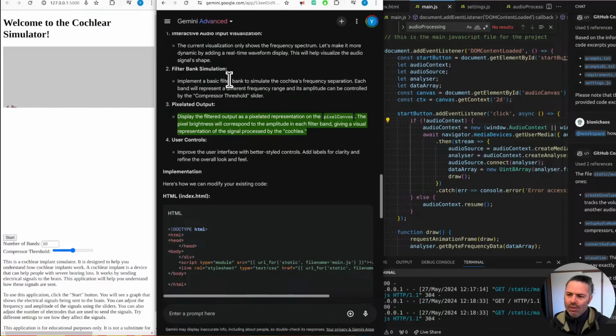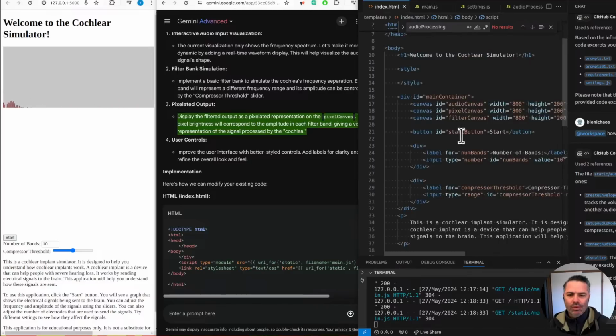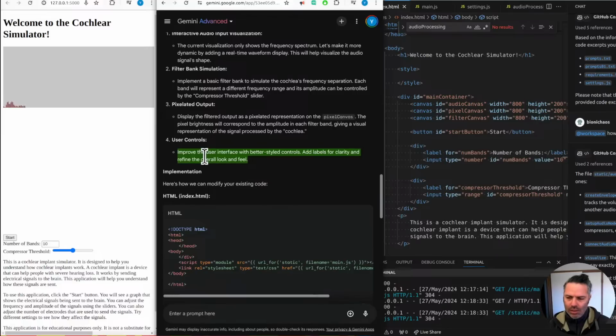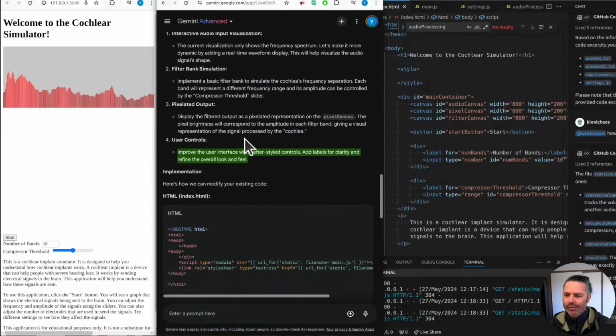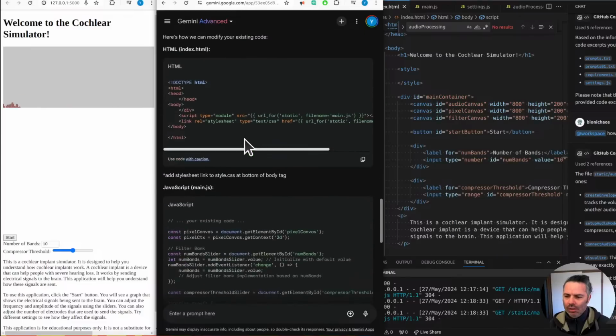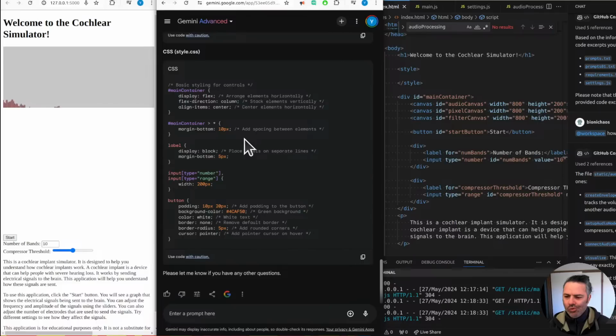Display the filtered output as a pixelated representation on the pixel canvas. The pixel brightness will correspond to the amplitude in each filter band, giving a visual representation of the signal processed by the cochlea. No, I thought the pixel canvas should be